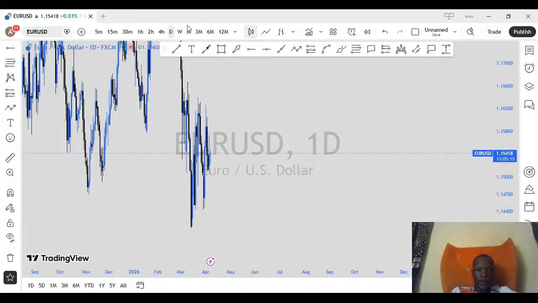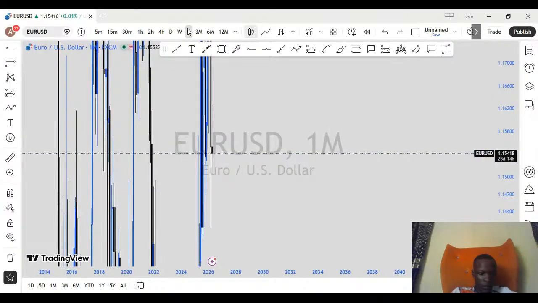Let's look at Euro USD. On Euro USD, on Euro USD,